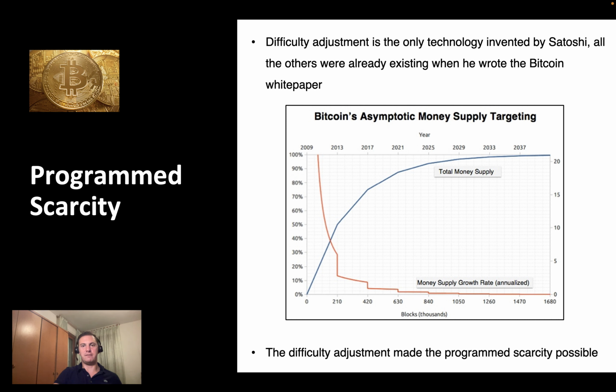And that's all for this video. Remember, the difficulty adjustment was the magic ingredient added to other already existing ingredients that made the magic internet money, also known as the best form of money that humanity